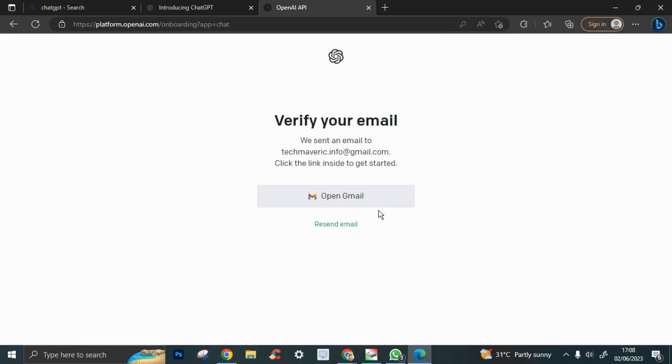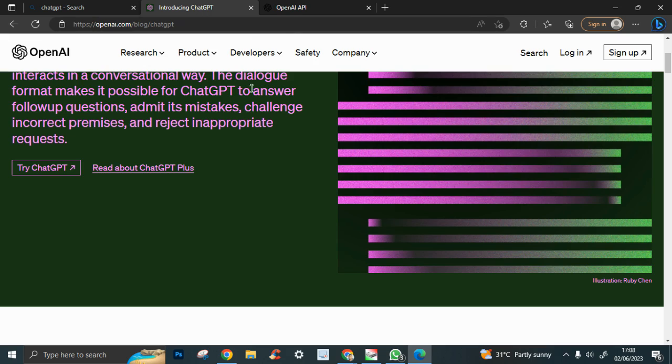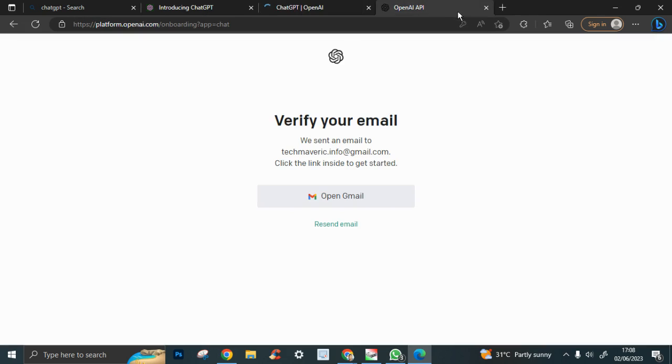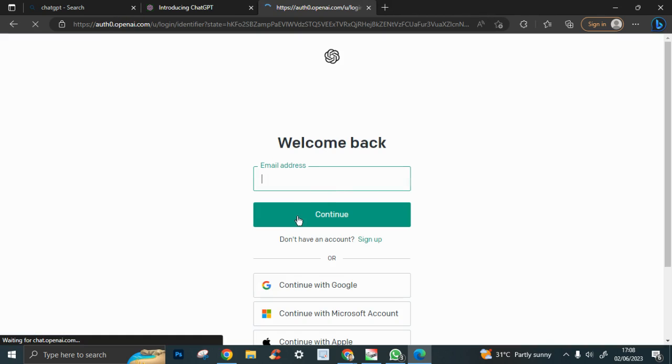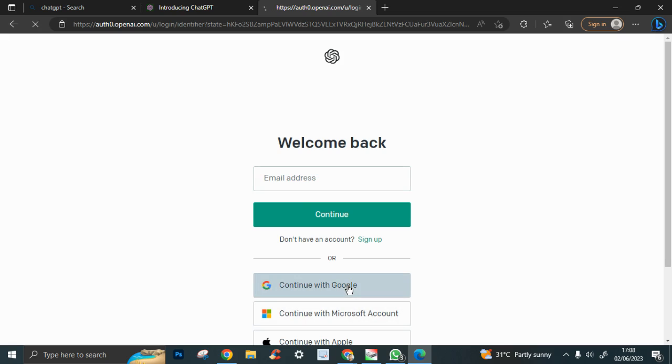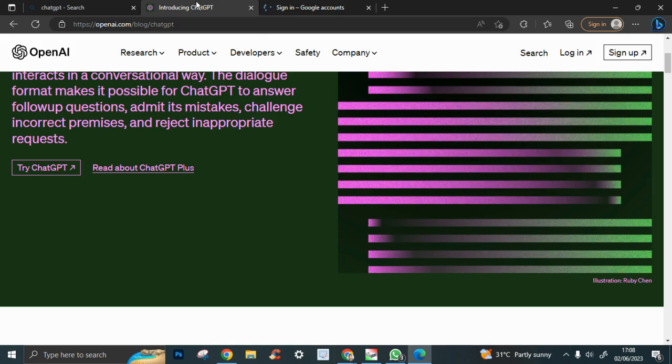And when you come back, you are prompted to enter your phone number. You verify your phone number. Once you verify your phone number, you get access to ChatGPT. So once you have access to ChatGPT, you can always come back and log in. So I'm just gonna log in with my